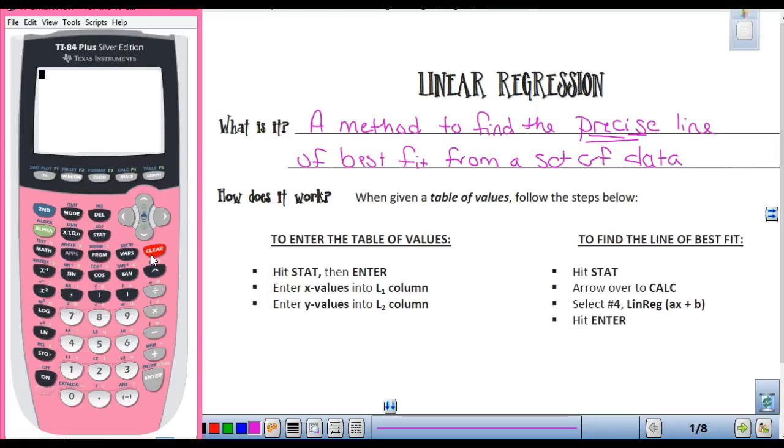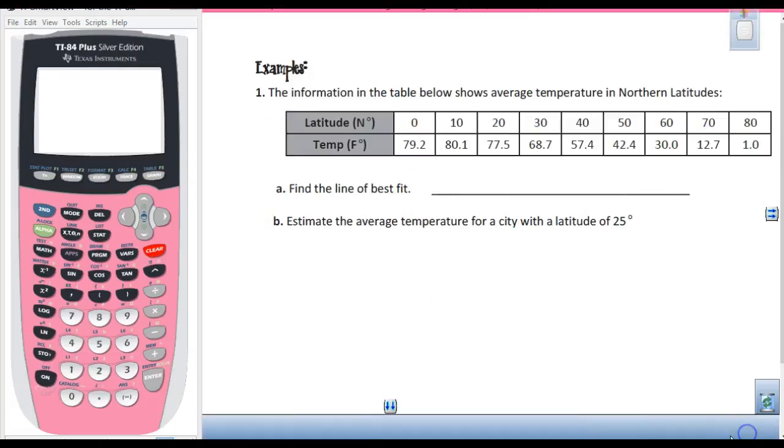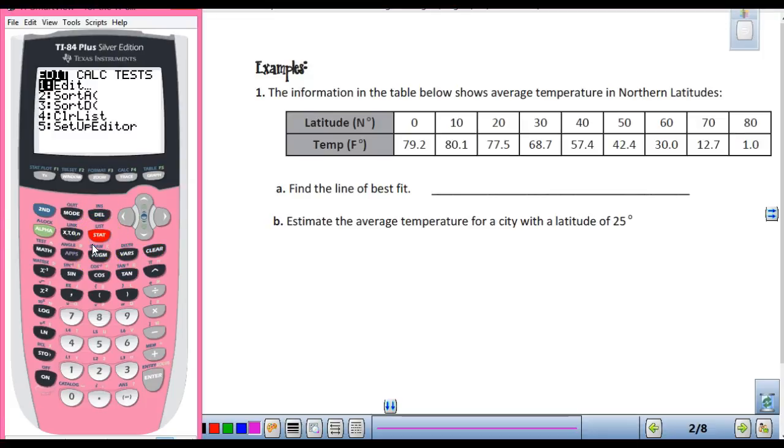All right, so when we do this, it gives us a table, right? If we're looking at the table in number 1, that top portion tells us how we're going to enter this in. So we're going to hit stat, which is right below your delete key, and then enter, because we want to plug in our table. In our first column, we're going to put these numbers right here. So I'm going to go 0, enter, 10, enter,